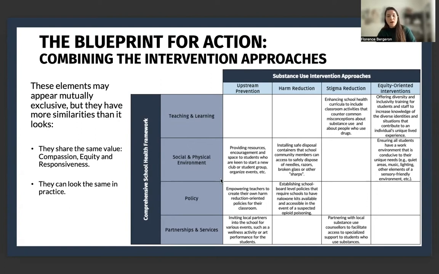In policy and harm reduction, we have implementing naloxone kits available and accessible in all the schools or all the organizations. If we look at teaching and equity-oriented intervention, we have offering diversity and inclusivity training for students and staff to increase knowledge of diverse identities and situations and contribute to individual unique lived experience.